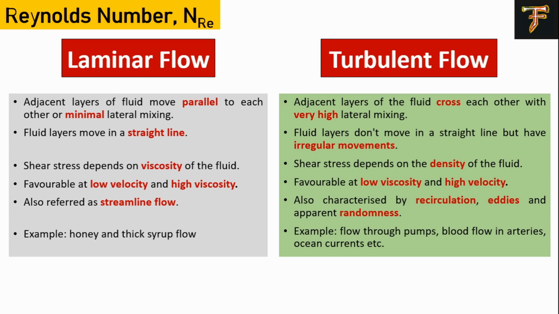So when we go for any technical discussion of any term or topic, we should also know the nearby terms related to that topic. So in this dimensionless number, the two common terms are the laminar flow and turbulent flow. In fluid dynamics, laminar flow is characterized by smooth or regular paths of particles of the fluid, and the fluid flows in parallel layers, that is with no lateral mixing, with no disruption between the layers. Therefore, this laminar flow is also referred to as streamline flow or the viscous flow. Whereas if we talk about the turbulent flow, the fluid layers cross each other with a very high lateral mixing. There will be irregular movements also.